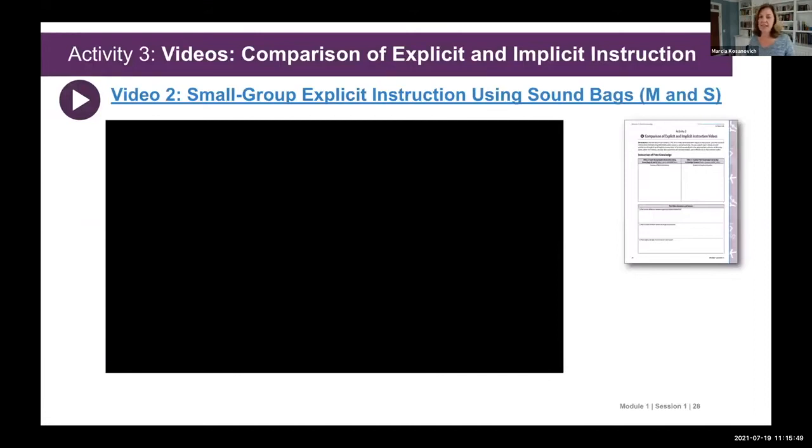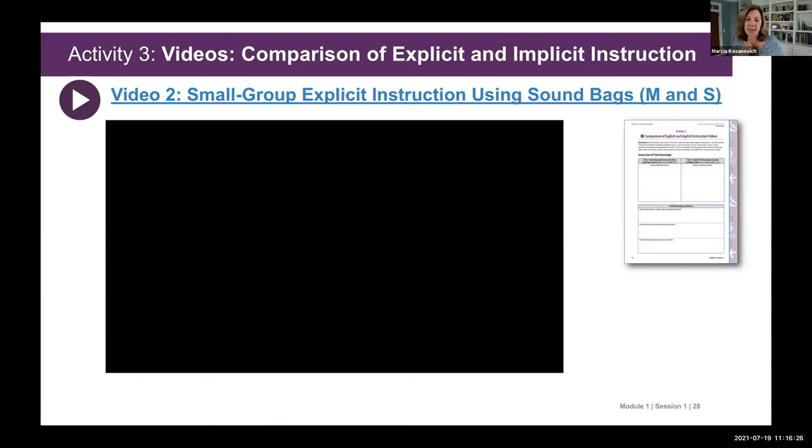At the beginning of all activities, there'll be an approximate time noted for you in the slide speaker notes. So we're going to actually do this activity. So everyone get ready. The speaker notes on the slides will also give you a brief overview of the activity. In this activity, participants will compare 2 videos. Okay. So the facilitator will say, and again, get ready because we're going to do this one. Let's watch 2 videos on instruction of print knowledge. The first video demonstrates explicit instruction, and the second video demonstrates implicit instruction